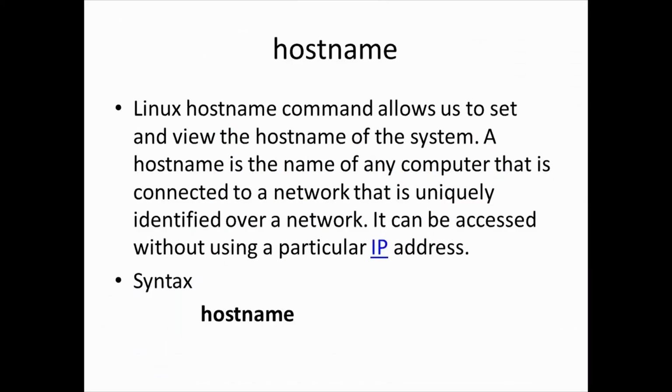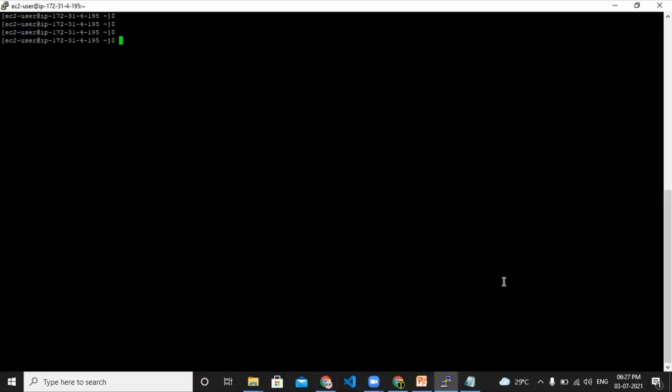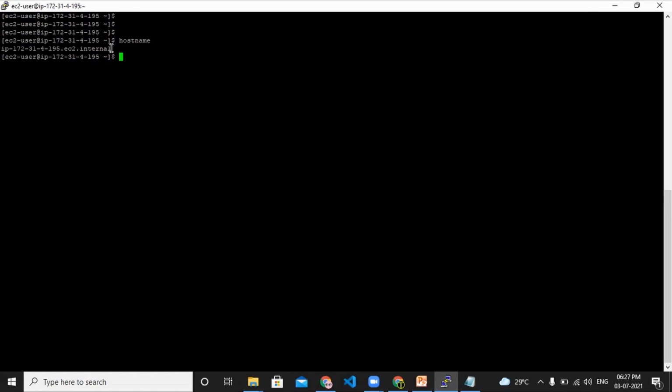So, next one is hostname. Hostname in the sense of Linux hostname: whatever we have created on one EC2 instance, it will give you the hostname. I have created this one already, this is my hostname. 172 is not an IP address. There is a difference between an IP address and a hostname. Just read up on what the difference is. We need to have basic network knowledge of what a hostname is. By using this command, we are able to get this hostname.